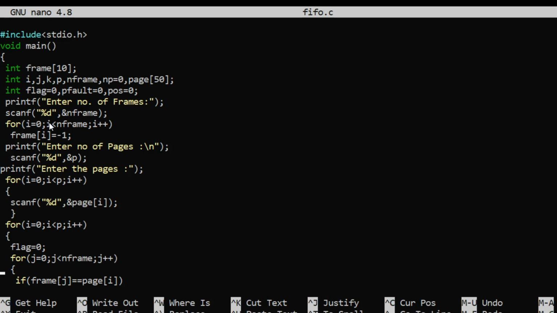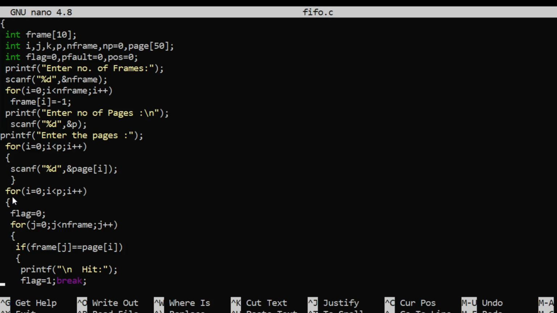Okay, next, again I am using one flag variable to note down the change of incident. So here two incidents are available: either the page is available or it is not available. If it is available, then that will be denoted using the flag variable. Now the first for loop will do the calculation for all the pages. If you go through the for loop, the initialization part is i equals 0, i less than p, that means the number of page inputs, i plus plus, so inside the for loop all the calculation will work.